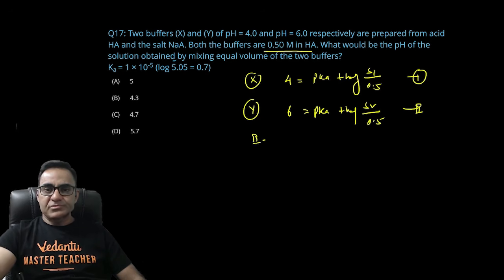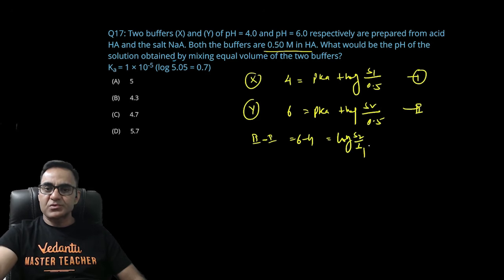अब 2 में से 1 को सब्ट्रैक्ट कर लो आप, तो दिस इज गोइंग टू बी 6 माइनस 4 इज इक्वल टू log S2 अपॉन S1। यहां से S2 अपॉन S1 मिल जाएगा 100, तो S2 इज इक्वल टू 100 S1, ऑलराइट।